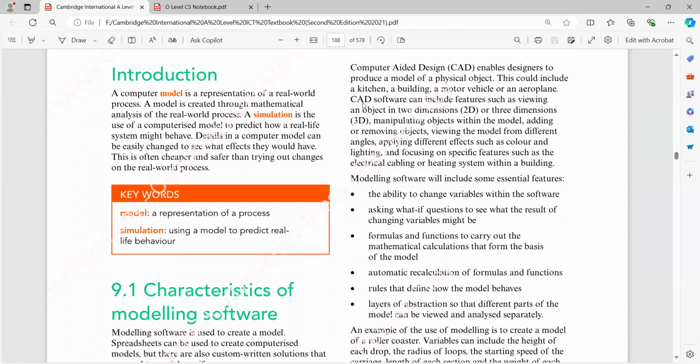So basically, as per the introduction of this chapter, what is a computer model? This is basically a representation of a real world process. Models can be created through mathematical analysis of the real world process. Mathematical analysis means that, for example, if I have a class of 30 students, and among those 30 students I'm calculating the marks and grades of all of them. Right after I have finished preparing the sheets for all of them, now I want to project that mathematical analysis into a form that is quite understandable to me, so that I can understand which student is